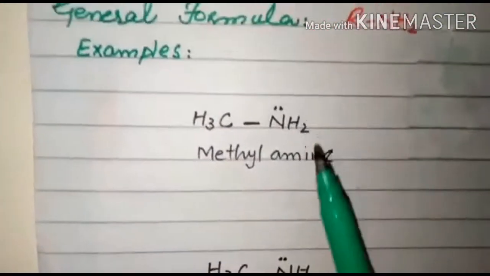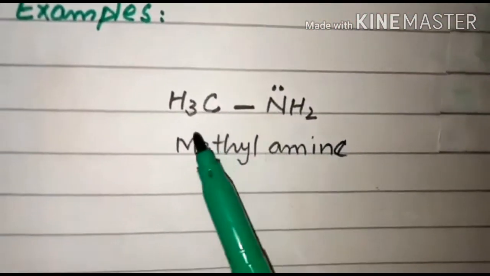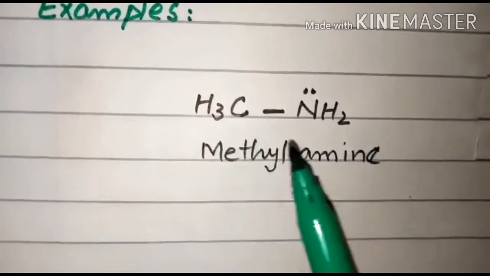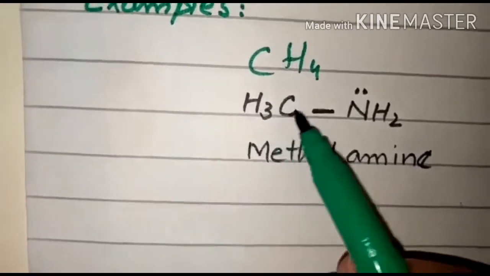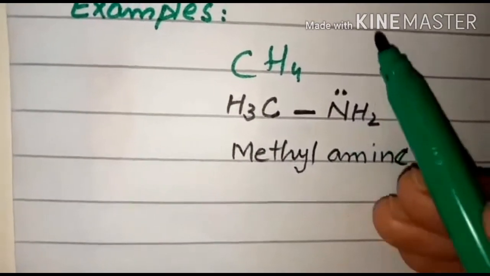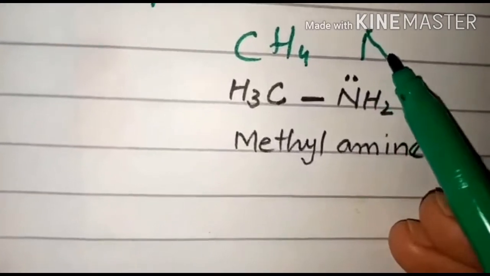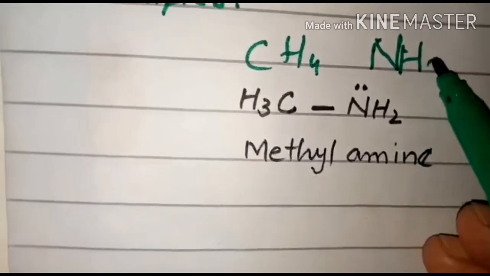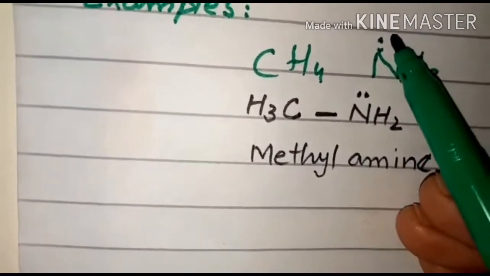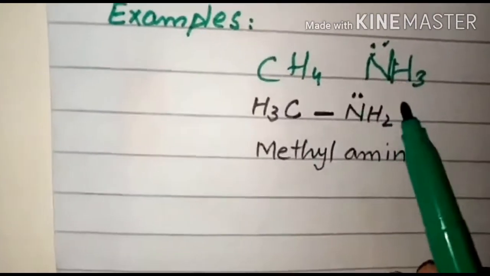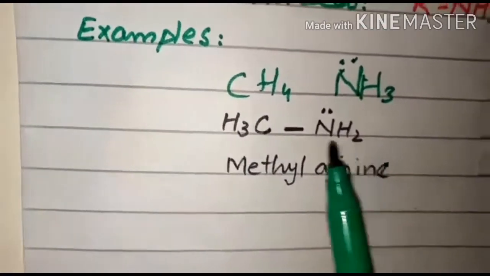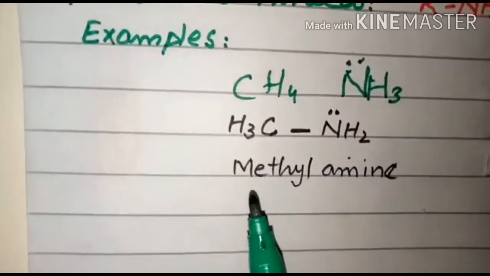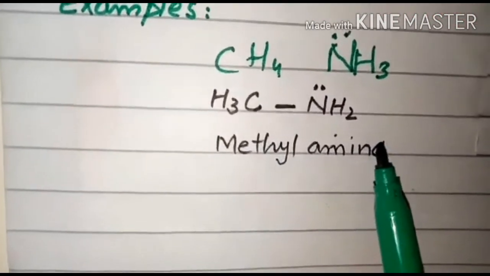RNH2. For example, CH3 is the alkyl radical of CH4. From CH4 what forms CH3? This amino group NH2 is formed by the removal of one hydrogen from ammonia NH3, which has the lone pair. By the removal of one hydrogen from this forms NH2, the radical. So what forms CH3 and NH2? Both these combine and form an amine which is called methylamine.